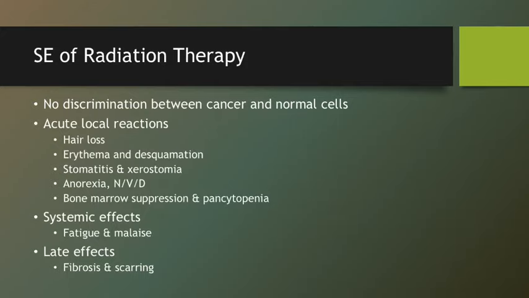Stomatitis and xerostomia, anorexia, nausea, and vomiting, and of course we have the bone marrow suppression and pancytopenia. Systemic effects, fatigue, and malaise. And then late effects of this is it can cause scarring and fibrosis of the tissue that's been affected by it. I had a friend of mine who had